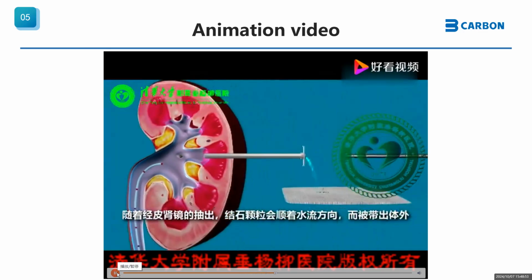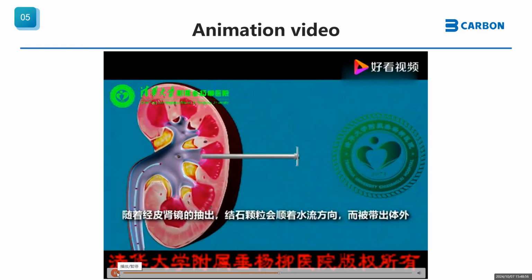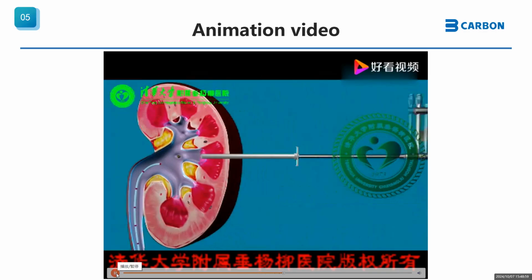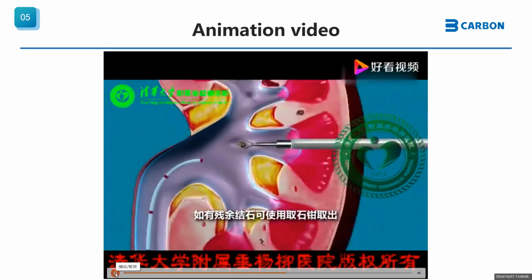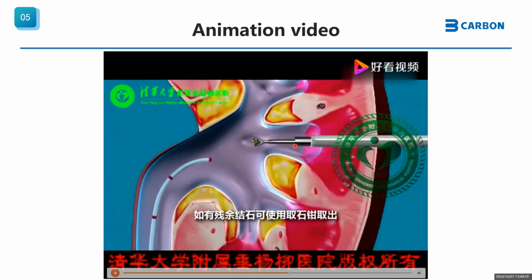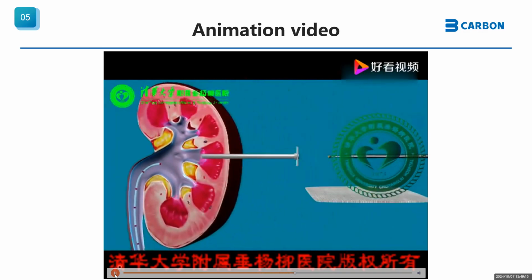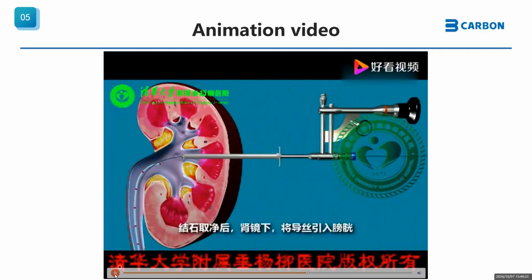随着经皮肾镜的抽出，结石颗粒会顺着水流方向而被带出体外。Some big fragment, we also can use the basket to take them away. 有残余结石，可使用取石钳取出。Or the alligator, we can take them away. 结石取净后，after we remove the stone, we insert the wire to the ureter, and then